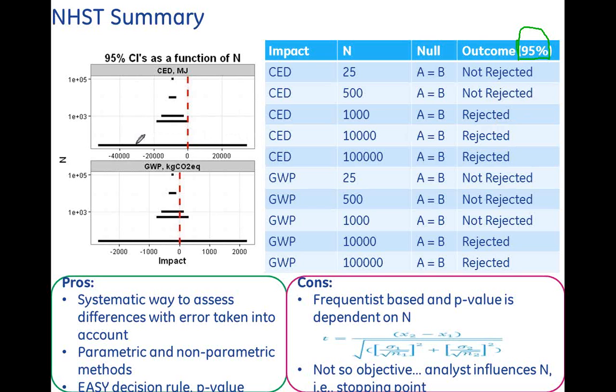Look at the confidence interval with N equals 25. These are some things that we typically see in LCA, right? It incorporates 0. It means 0 is a plausible value, so you can't reject it. Now, as we step up to 500, we're almost around that fringe, but again, the p-value wasn't quite small enough, so we still can't reject that. But consistently, as we increase N, the widths of those confidence intervals narrow significantly, and they're always deviating from 0. You're always going to get a positive rejection result.